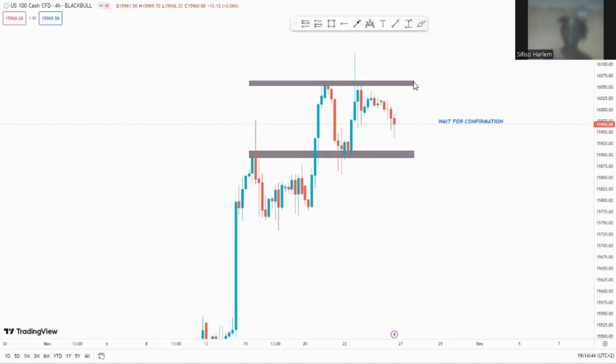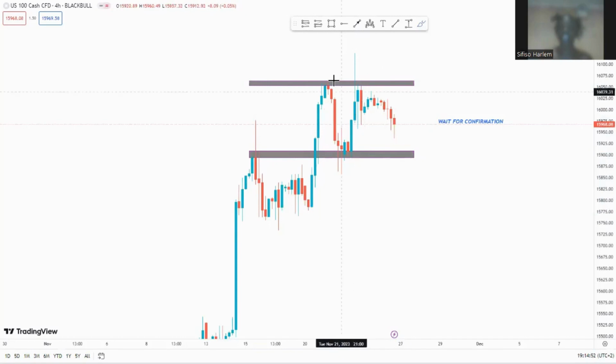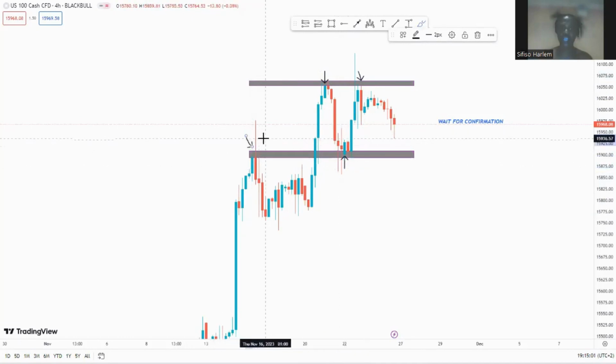So when we hit the charts, we're starting off with the Nasdaq like I always do, guys. You can clearly see that on the Nasdaq we're in an uptrend. We're creating higher highs and higher lows. Looking at the two highs that we created last week, we created a lower high, breaking this previous high. This was our higher high and our higher low and our higher high. And this retest of this zone gave us a higher low, coming back to this very same zone, failing to break the double bottom